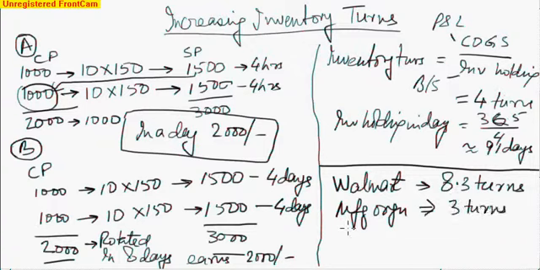Now here comes the outlier in this whole thing. If you do the same thing for Toyota, an organization which is into manufacturing cars, automobiles, you'll see the inventory turn is 10. This is where Toyota scores, because if your inventory turns are 10, that means with lesser capital, as we saw in the first case, you are able to generate higher revenue. Better inventory turns ensures that your organization is more productive in nature.